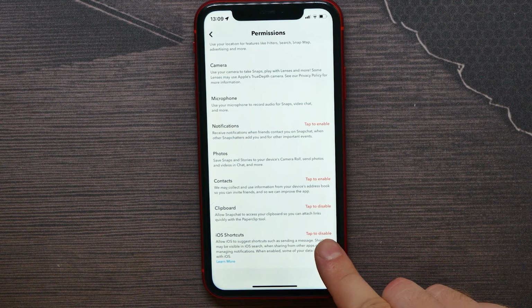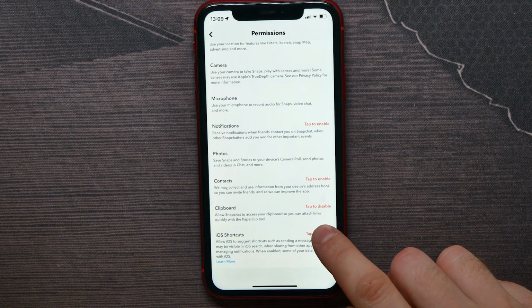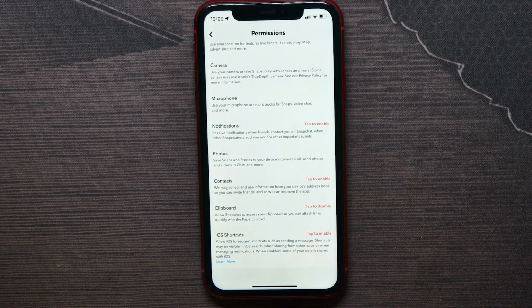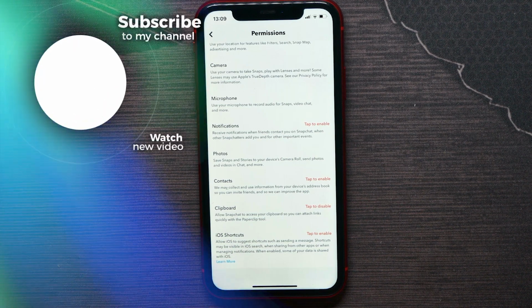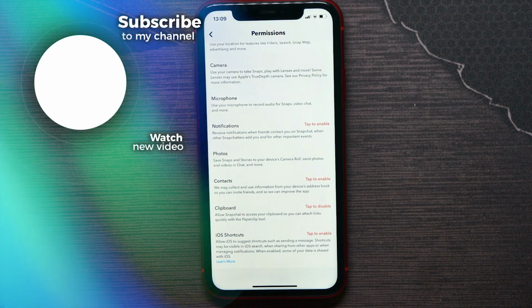Tap to Disable, so now that function is enabled. Hit on Tap to Disable, now you see it says Tap to Enable, so now iOS Shortcuts are disabled on the Snapchat app. And guys, that's all about how to enable or disable Snapchat shortcuts,